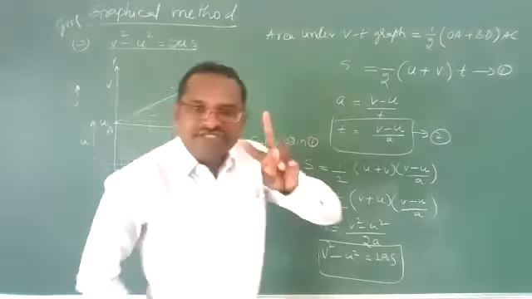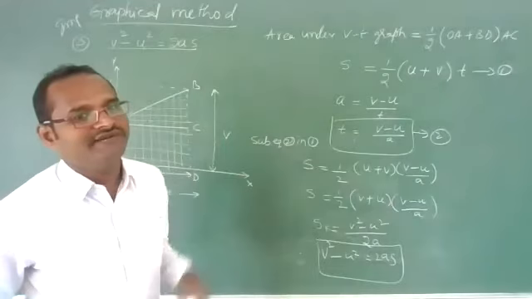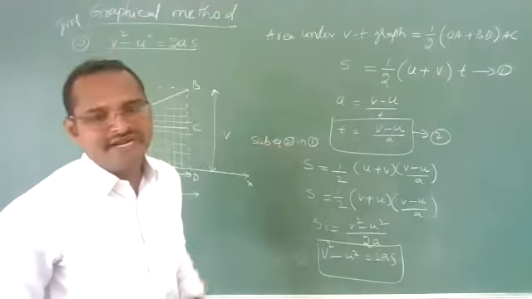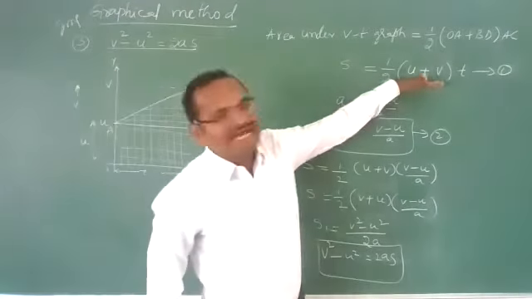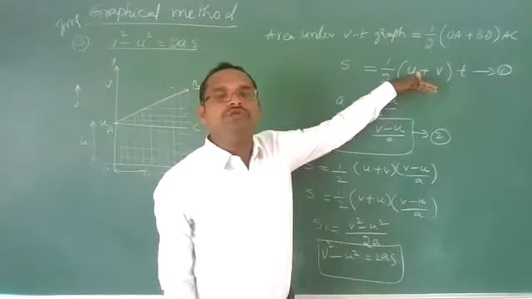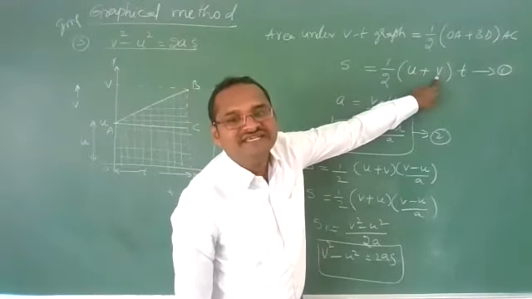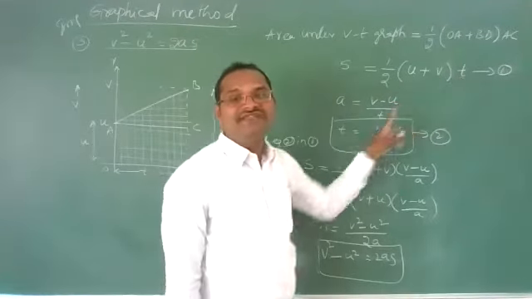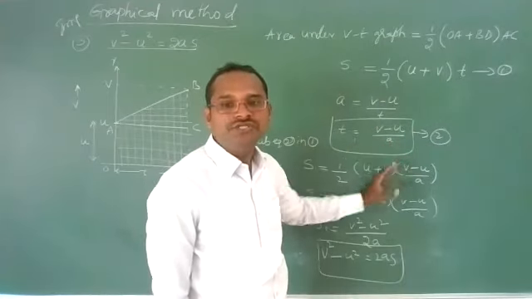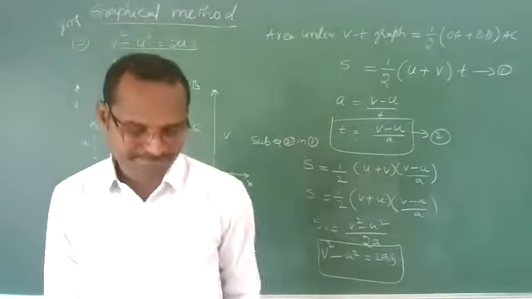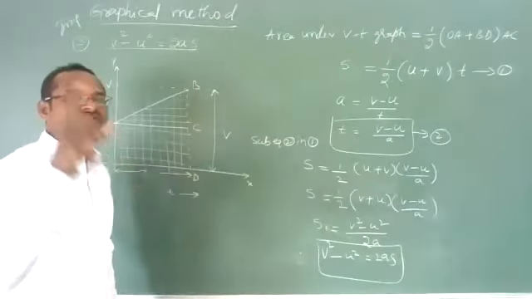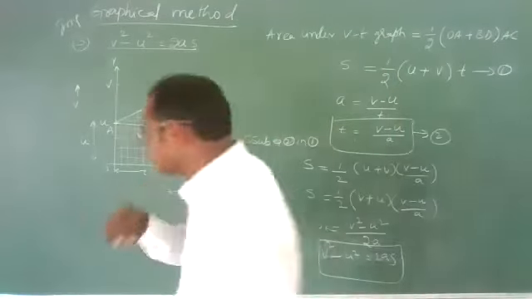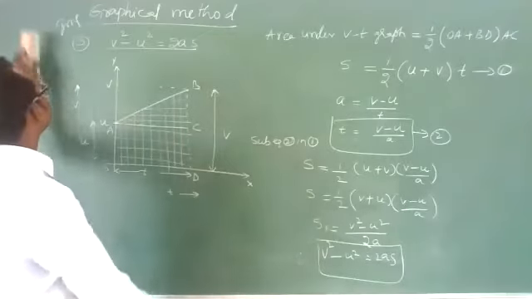For the remaining two equations, S is equal to Ut plus half AT square, and V square minus U square is equal to 2AS, what have I done? I have taken the same area under this VT graph up to here. For getting S is equal to Ut plus half AT square, I am replacing V with U plus AT, whereas to get this equation, I am replacing T with V minus U by A. Substitute, you will get the answer. That's it. Just remember this step. Very easy and important for 5 marks. Definitely for 5 marks you will get one question from this, any one of these two. Important.